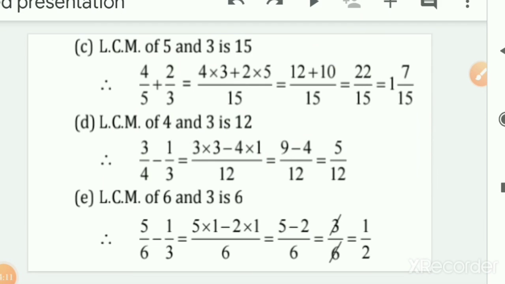See my dear students, what you all have to do? You all have to solve such types of problems related to taking LCM. Okay. And practice the exercise 7.5. If denominators are same, then how to solve those queries, right?